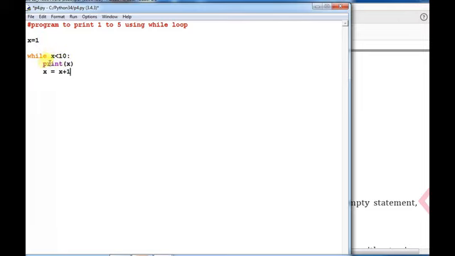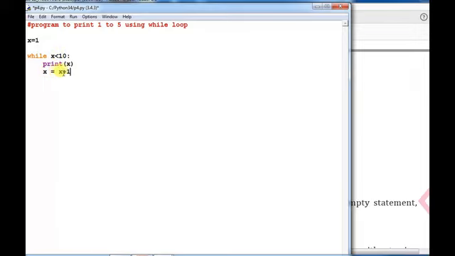Then the control moves inside the loop body, print x, the value of x will print, then x equals x plus 1, the value of x will increase by 1. Then automatically, because it is a looping statement, control moves back to this part, and again it will check the condition.